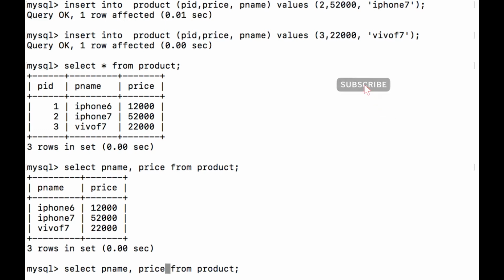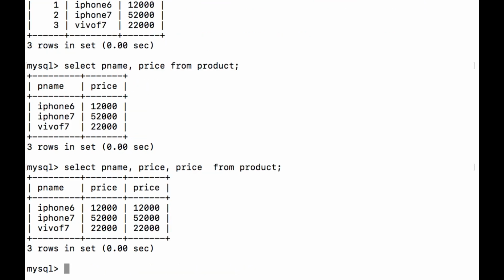Like, for the product, I want to see the 10% discounted price, so we can use price into, sorry, the statement got executed again. So we got 2 times price here, but I want to do some computation.